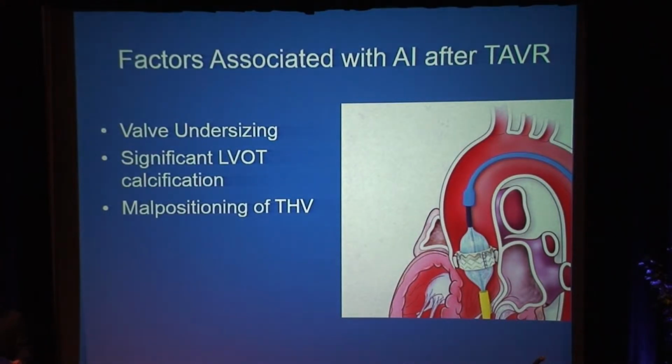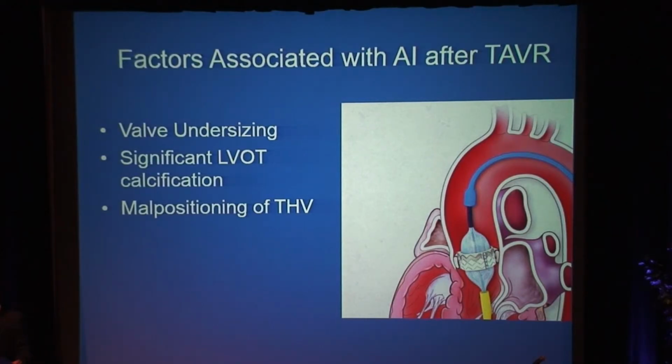When you have TAVR, you're relying on the stent of the valve to be well opposed to the wall of the annulus. So anything that causes the stent not to be opposed to the aortic annulus will be a risk factor for causing AI. So valve undersizing will lead to significant AI,